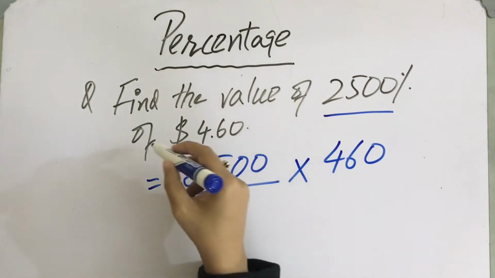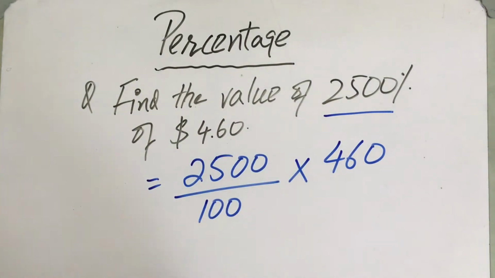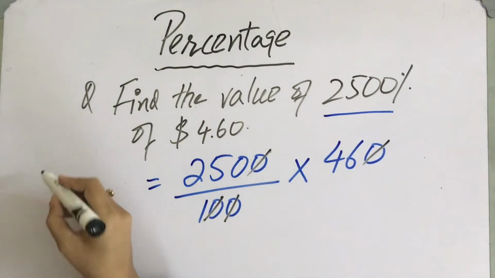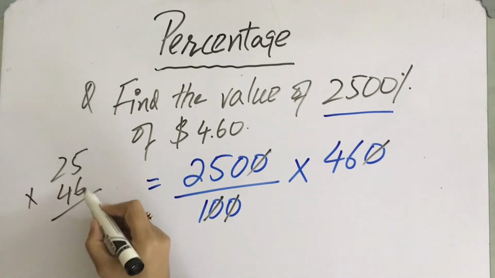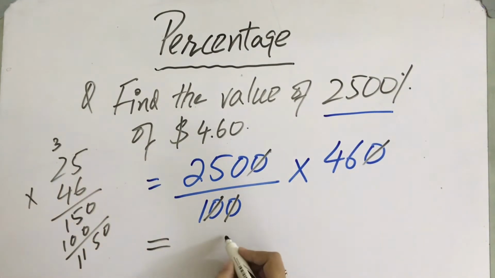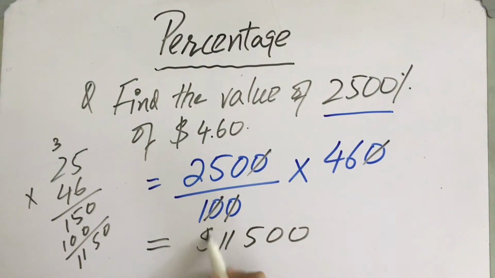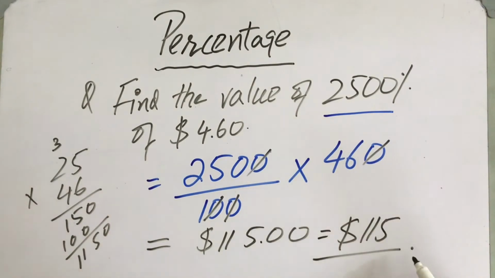2500% of this. I have converted this dollar into cents again. Now I can do the cancellation easily, and I have to multiply this 250 with 46. I multiply 25 with 46, then I shall put a 0, another 0. This is 11500. As I have taken 25 instead of 250, I have to put another 0. When I put the dollar here, I shall put a decimal here. So this is basically $115, the required answer.